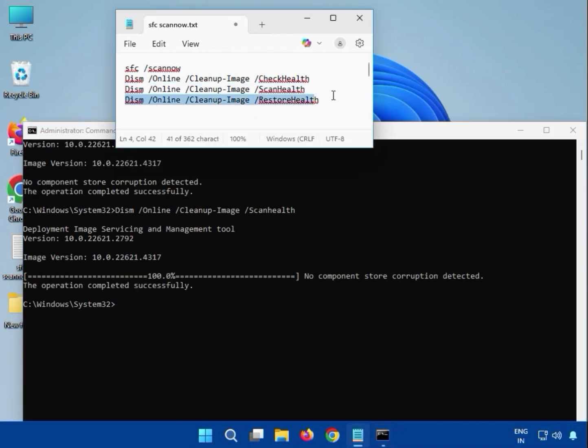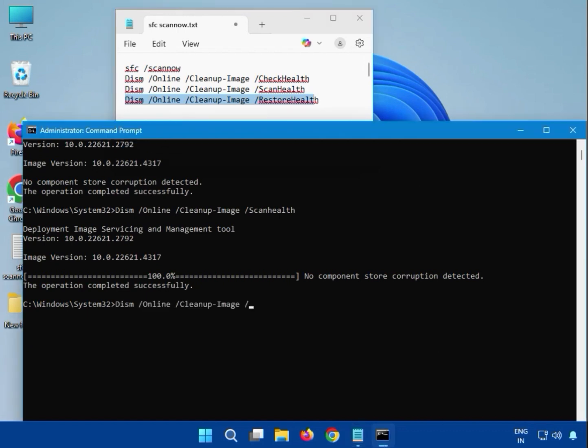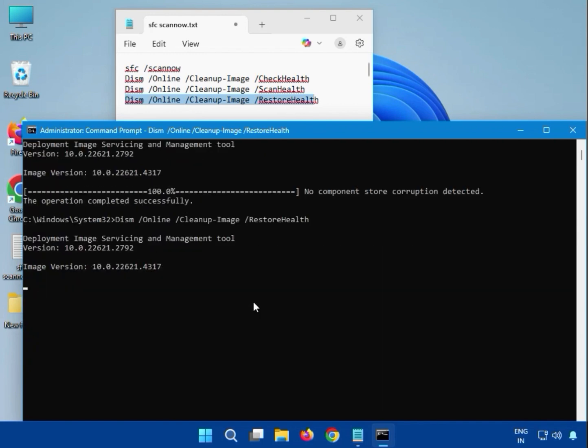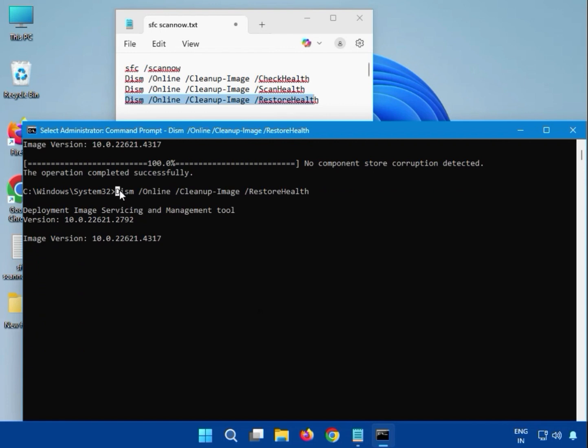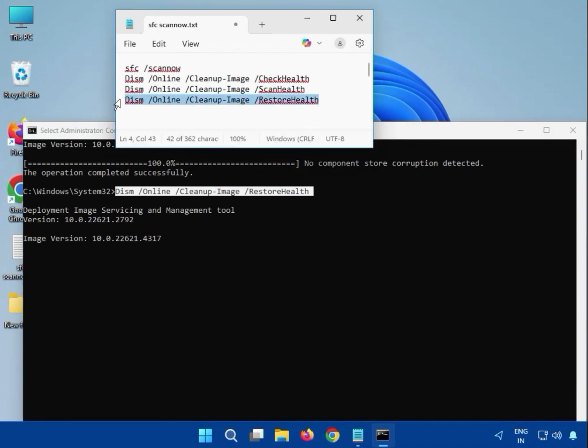Then guys, fourth one, which is restore health, you can see here we can enter like DISM and all, and please note small and capital. Okay, restore health, and then hit enter. Again guys, you have to wait. Okay, it will start the percentage, it will complete. After that you can see here